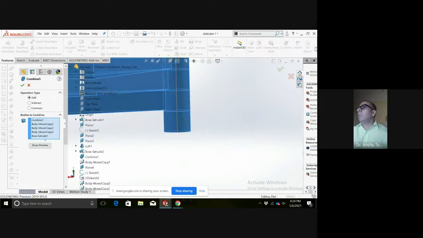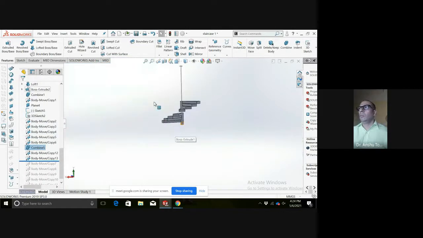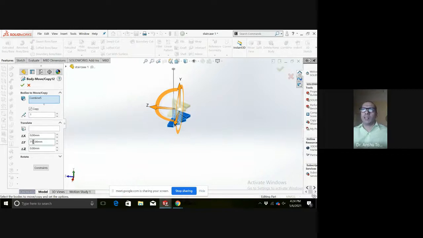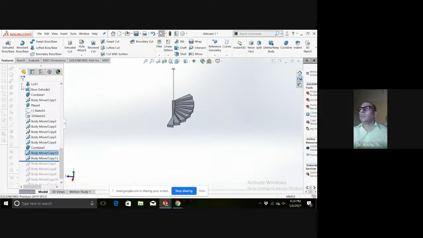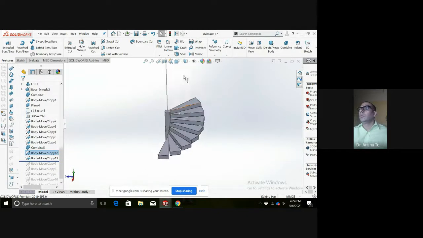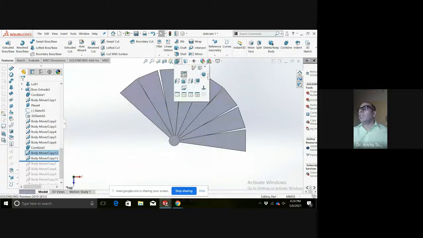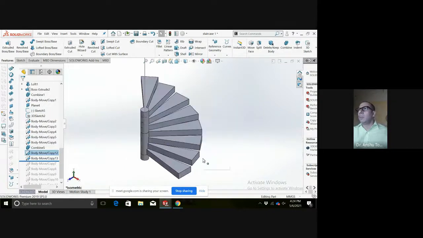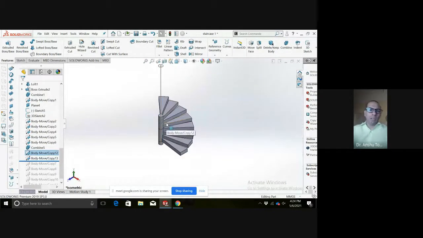I will have to leave this. Now I will have to reduce from 750 mm by 150, that means 600. This is going to be 600. Now you can see the staircase is complete. Similarly, you can copy this particular part on the other quadrant and then the next quadrant.